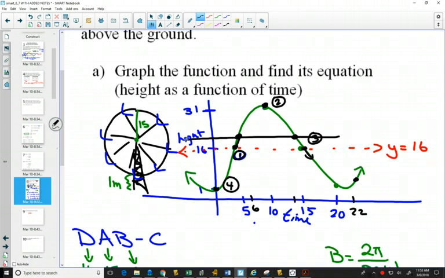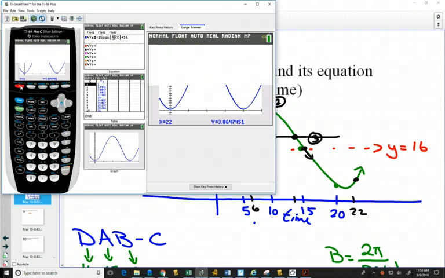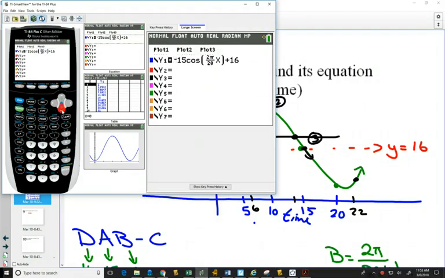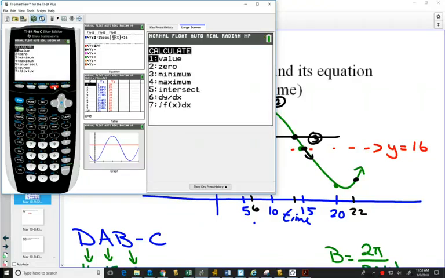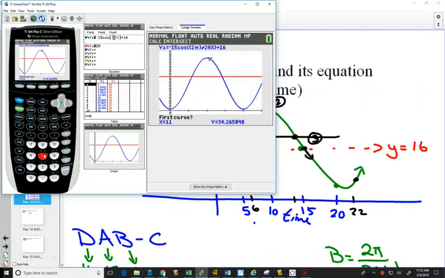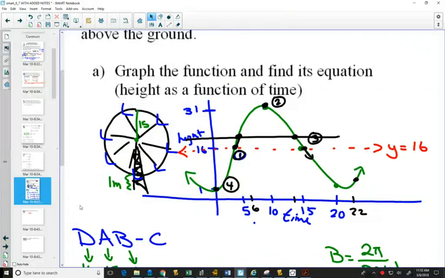How do we find this exactly on our graphing calculator? Well, we can go to y equals. We can't do a value this time, but we can put the line y equals 20 into our graph, which draws that horizontal line at 20. And now we can find out where they intersect. Second, calculate number 5. Enter, enter, enter. 14.14.